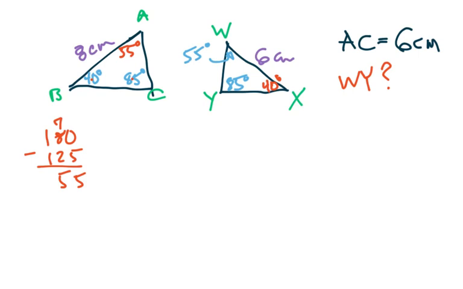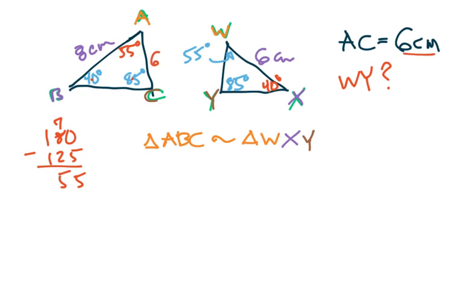Therefore, we see that the angle measurements are congruent. Corresponding angle measurements are congruent. So we can make a similar statement and say that triangle ABC is similar to triangle WXY. That does matter, because what I want to do is make some corresponding statements. So notice how I can connect my